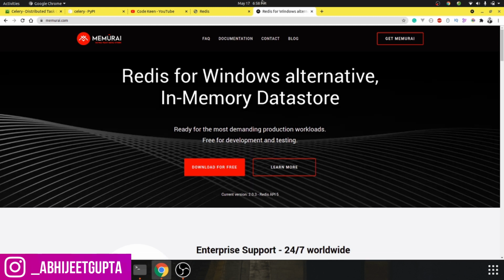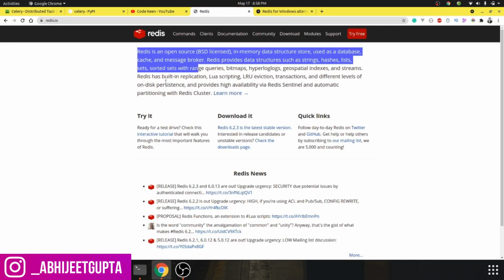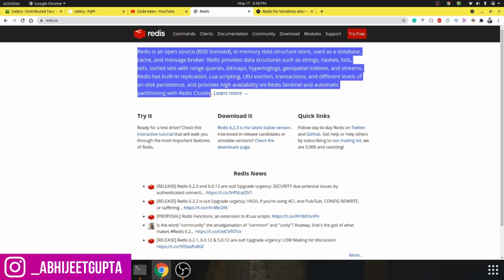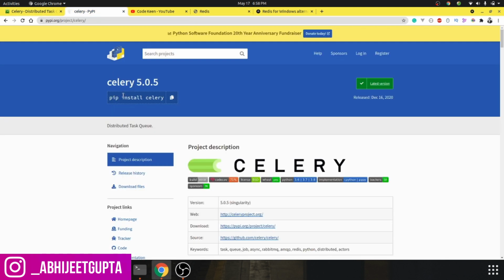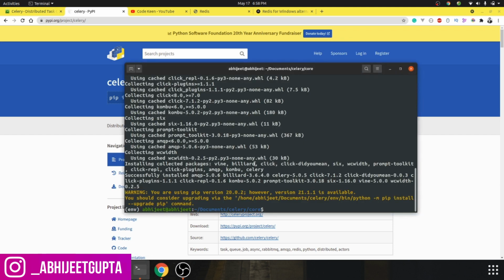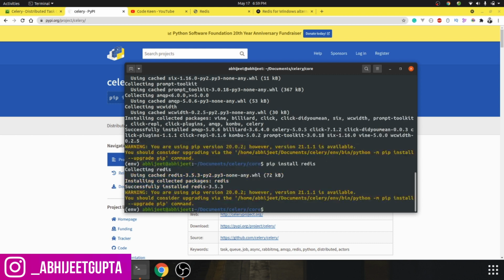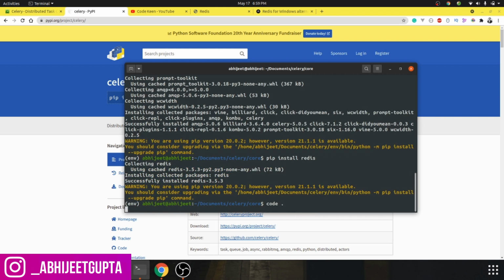I'm on Ubuntu and I already have Redis installed, so I don't need to install it. We also need to install the Python package: pip install redis. Now everything is ready.